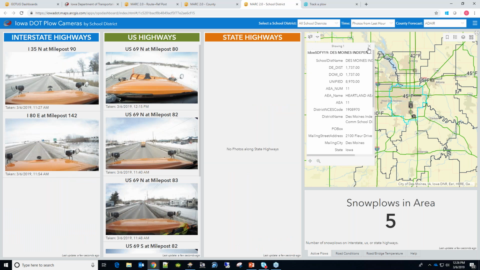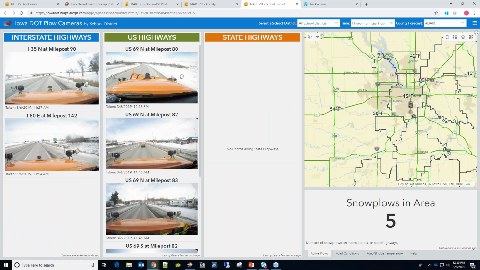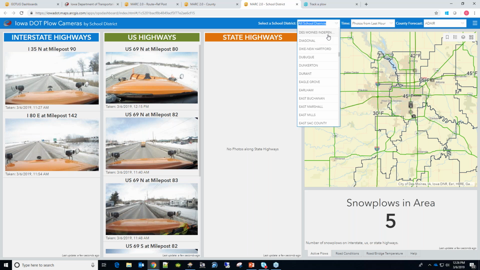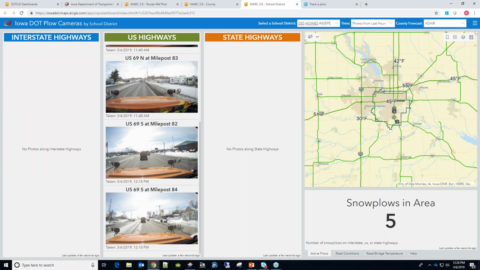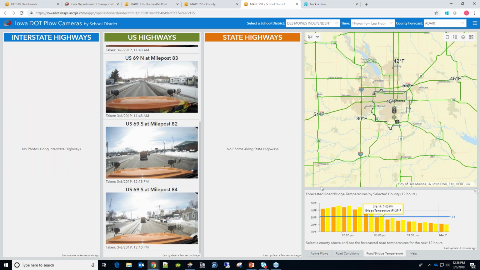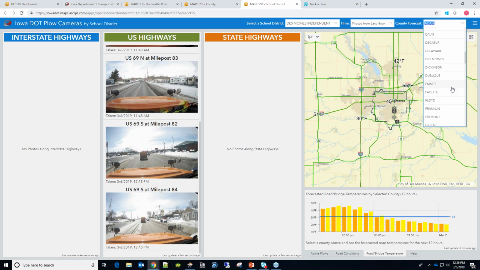So for instance, let's go Des Moines Independent Schools. This will only show photos that are within the Des Moines Independent School District. And we also included the forecasted road and bridge temperatures by selected county. So I have to select Polk.